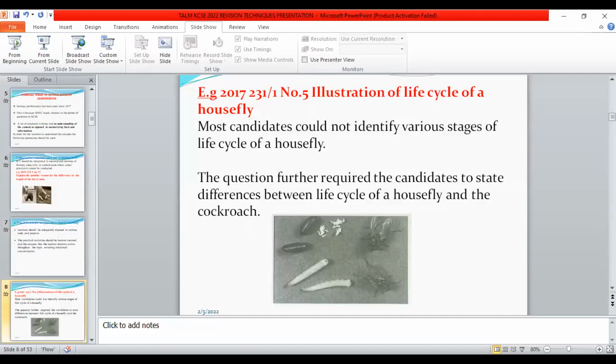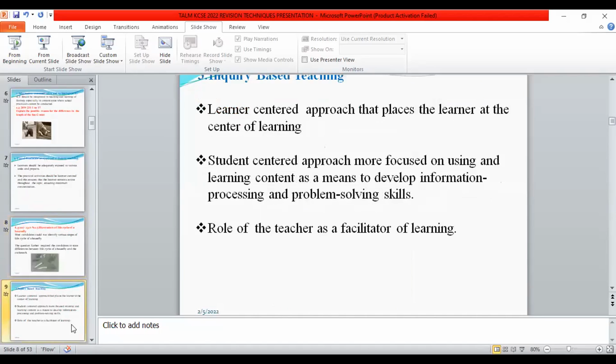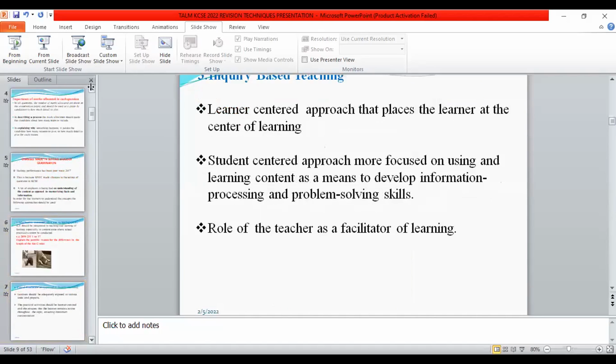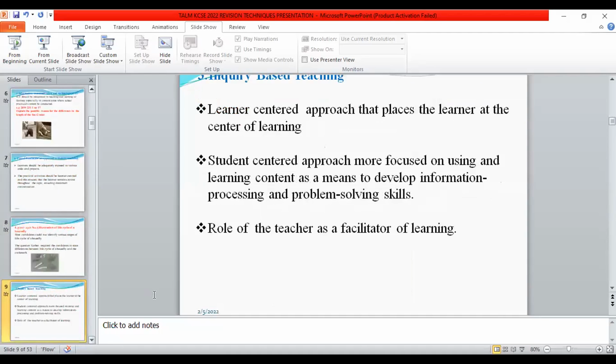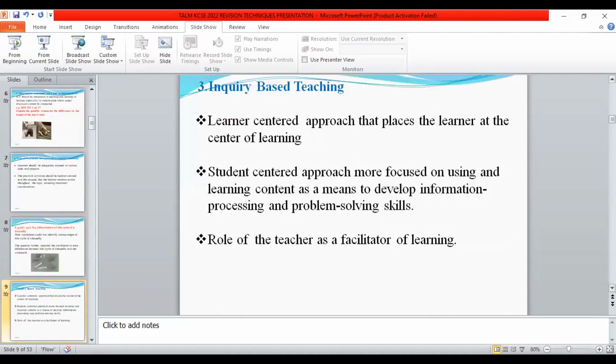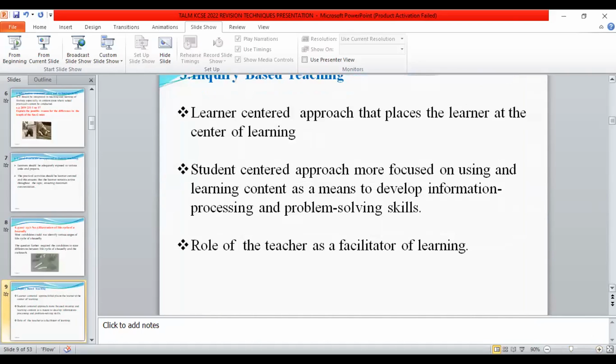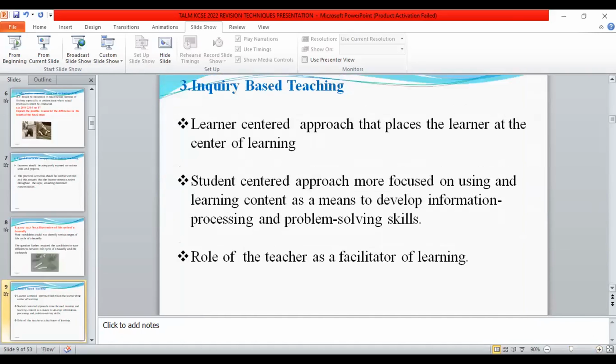So we are saying that as teachers, let us change our methodologies in order for our students to be at par with the modern type of questions that are being set. We can now get to the next methodology, the next slide, on what we call inquiry-based teaching. I know this is not a new methodology to the majority of us, because we know that in Kenya today we have what we are referring to as SMASSE. Those who are in SMASSE, you know that this is one of the methodologies that we are advocating,